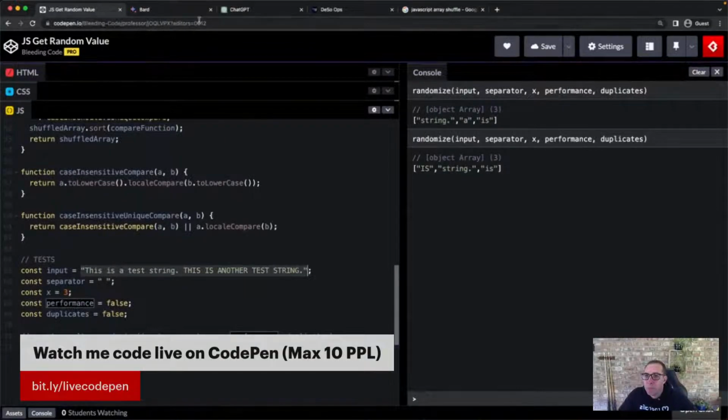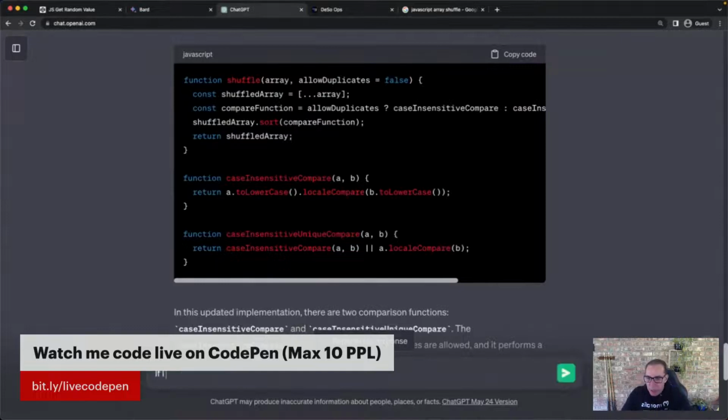Okay. Let's do this. If I pass an input to the randomize function with performance equal to true, we are still receiving duplicate values